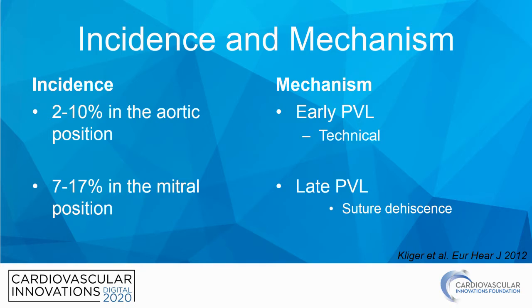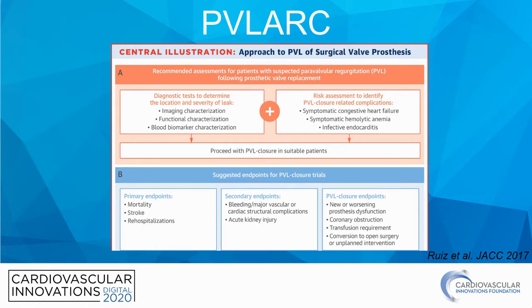The mechanism of PVL can be stratified in a temporal fashion, with early PVLs most commonly related to a technical issue at the time of surgery, and late PVLs typically developing secondary to suture dehiscence related to endocarditis or annular calcium resorption. With increased attention in the diagnosis of PVL of surgical valve prosthesis, standardizing research became necessary, and thus